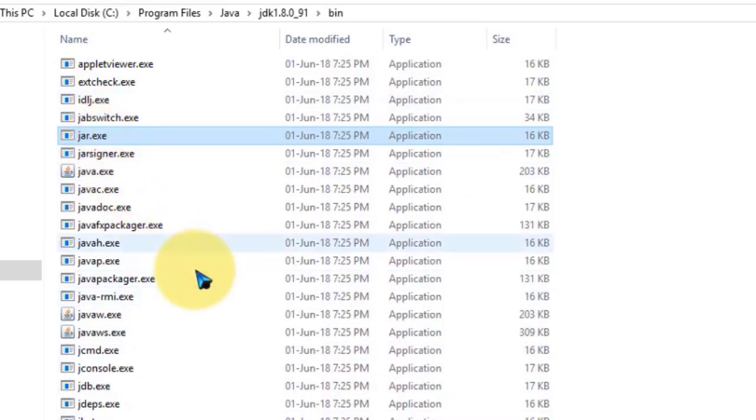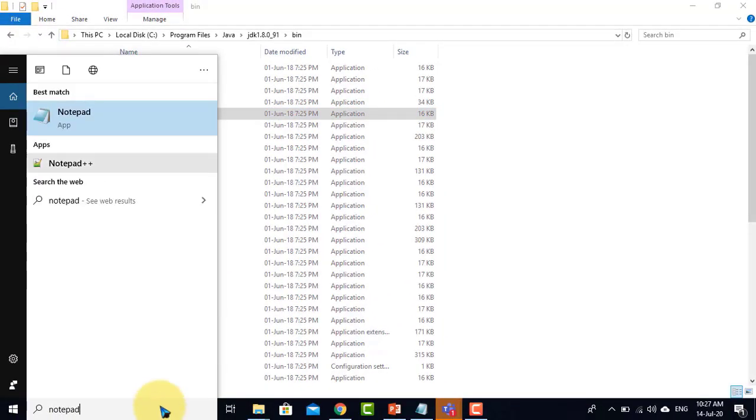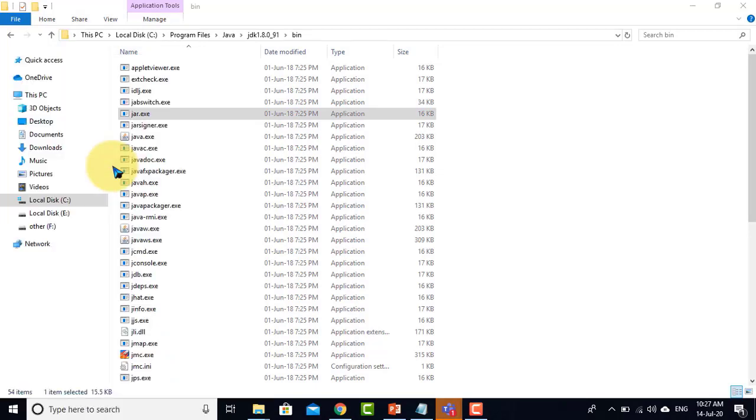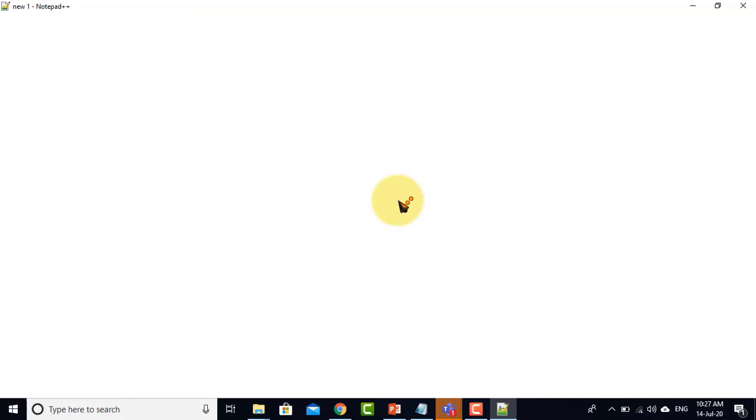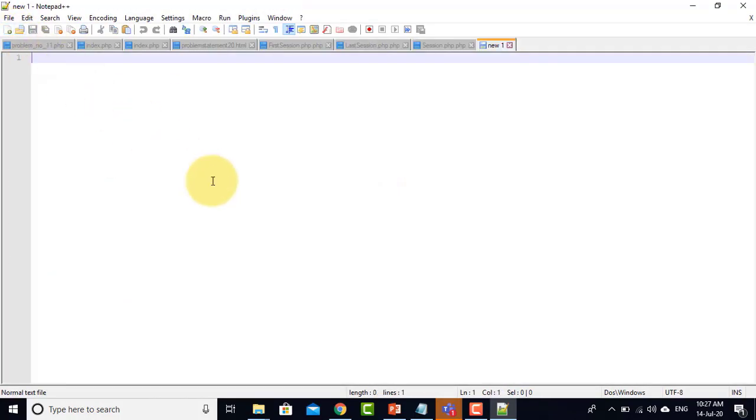We use these tools to develop an application. So I will open Notepad++, and now here I will create one program.